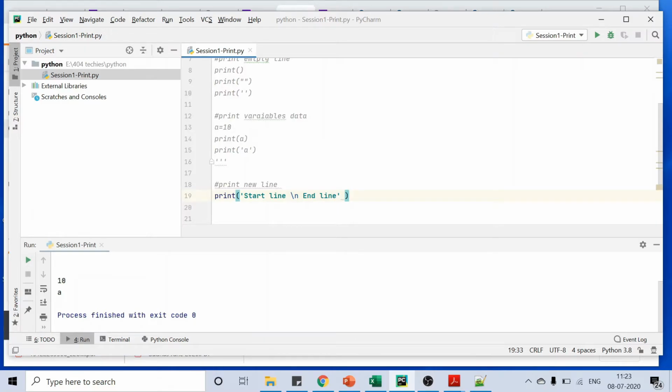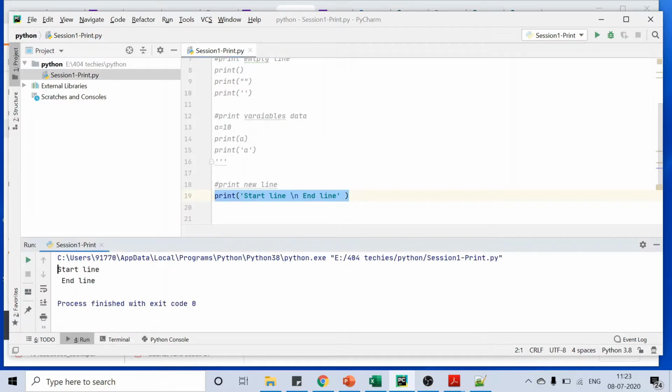The previous print statement I had commented out using a multi-line comment, which is three single quotes. So here it's commented out, and that output will not be coming. Whatever is left is what will come in the console. So let's see.